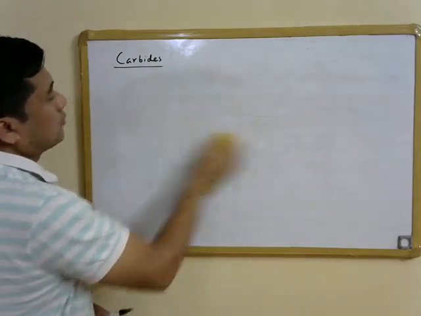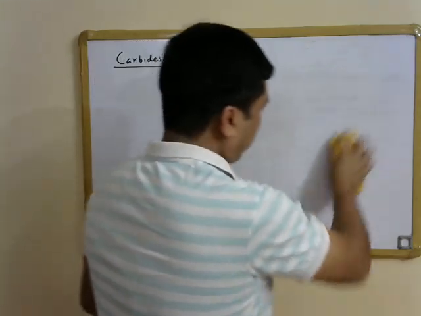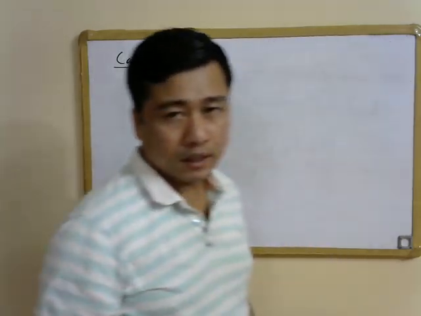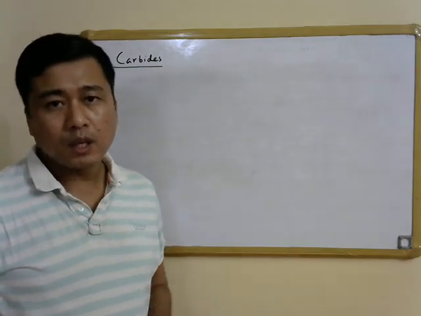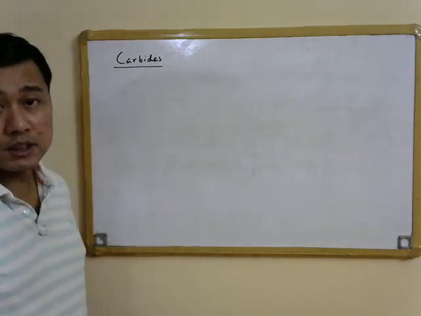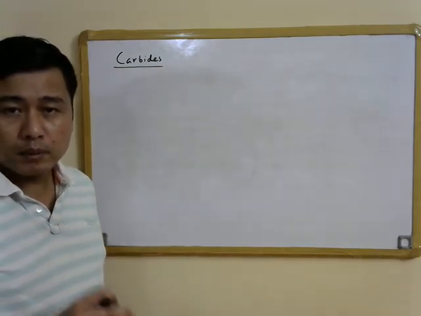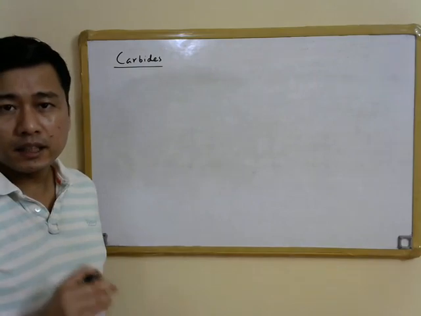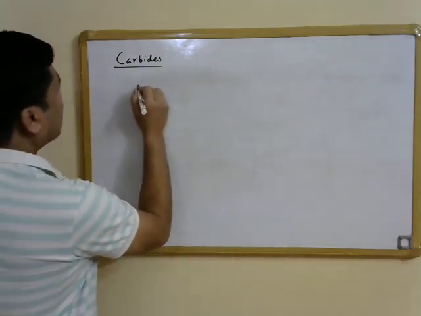So apart from ionic carbides, we also have interstitial carbides, which are formed by elements from the middle of the d block. And as the name suggests, these interstitial carbides are compounds where the carbon atoms essentially lie in interstitial space of metals. So in interstitial